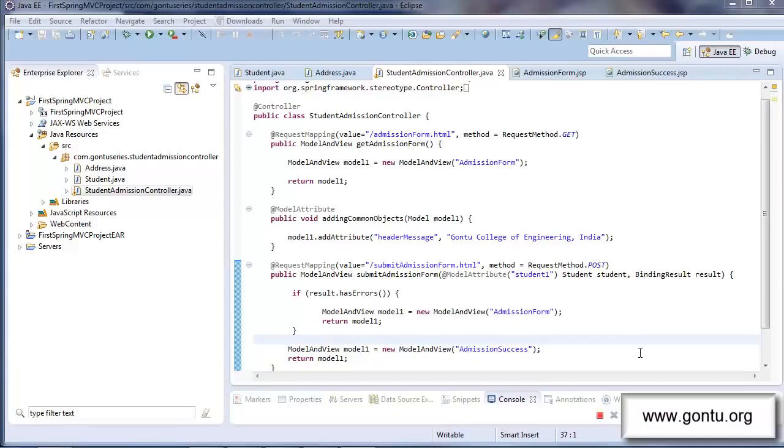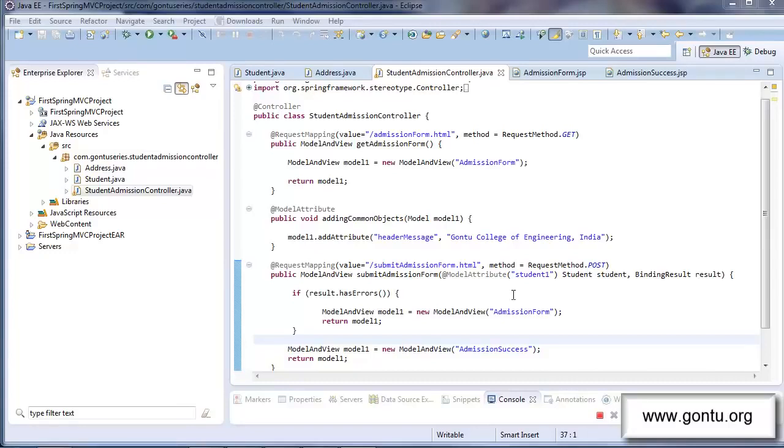In the previous tutorial, I showed in detail how to use the data binding feature which is provided by Spring MVC with this demo. Now let's talk about how we can customize the data binding feature. Before I start explaining everything about data binding customization, like what exactly it is all about and in what situations we would really need to go for it, let me give you a brief summary of what we learned